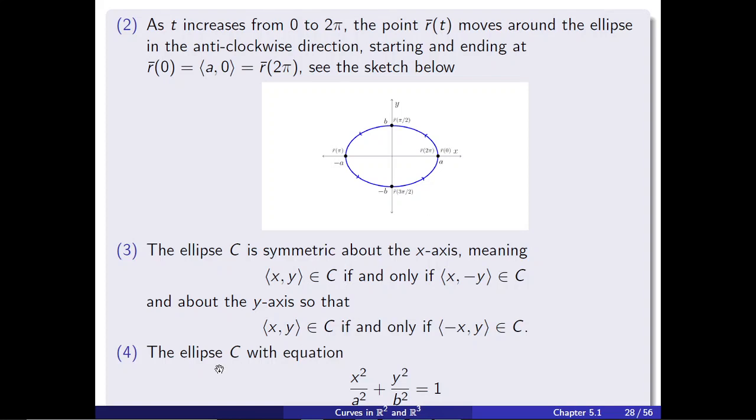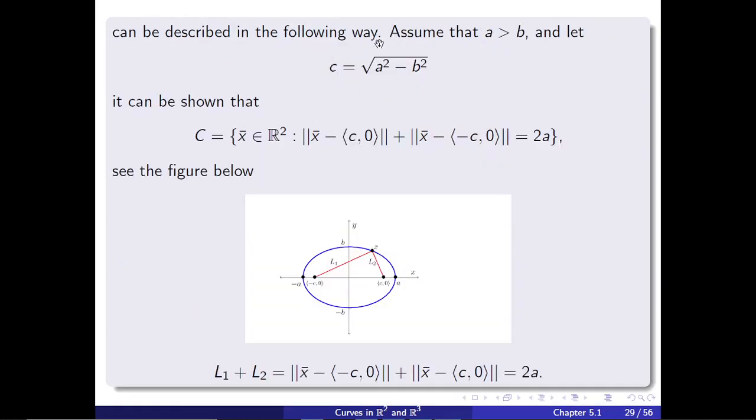And then the ellipse C with equation x squared over a squared plus y squared over b squared is equal to 1 can be described in the following way. So assume that a is greater than b and let c be equal to the square root of a squared minus b squared. Then it can be shown that